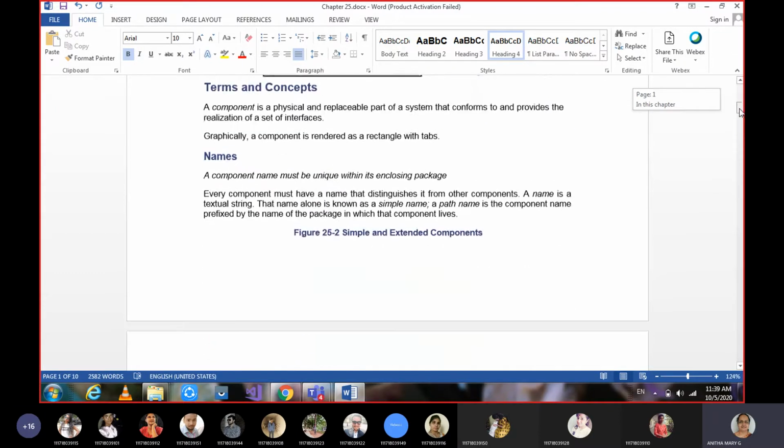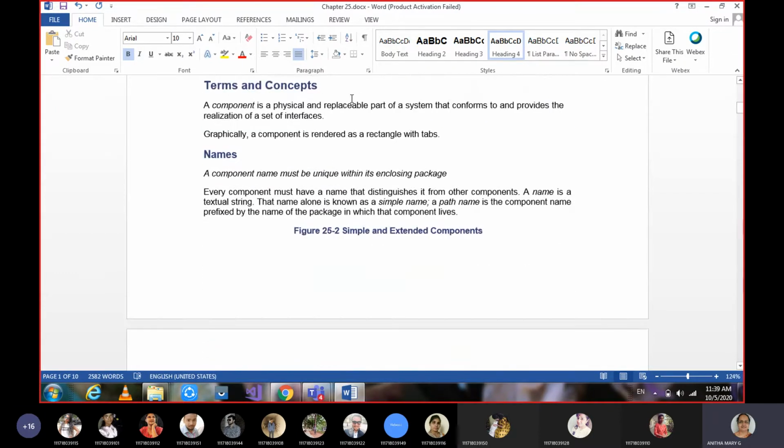So the first part of this components chapter is about terms and concepts, the terminology related to components. The basic definition we have just done with, and graphically a component is defined as a rectangle with tabs, or we say a two tab folder.